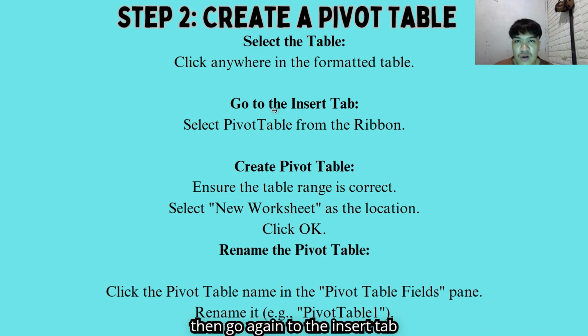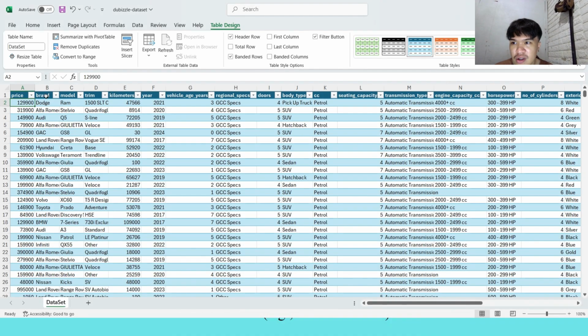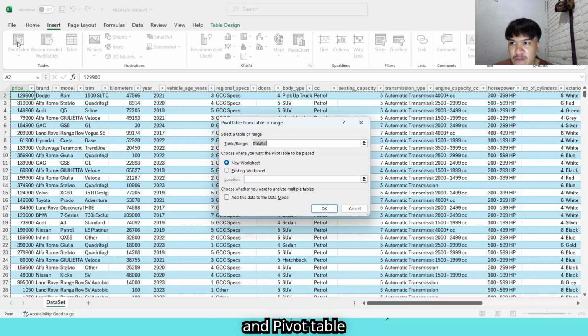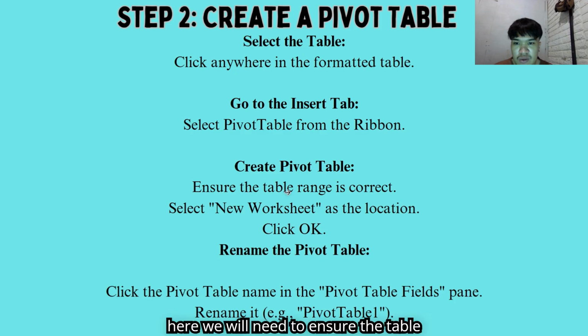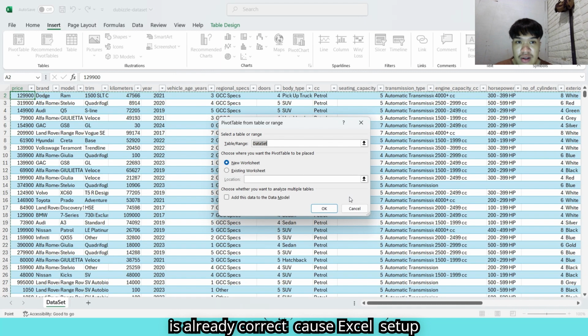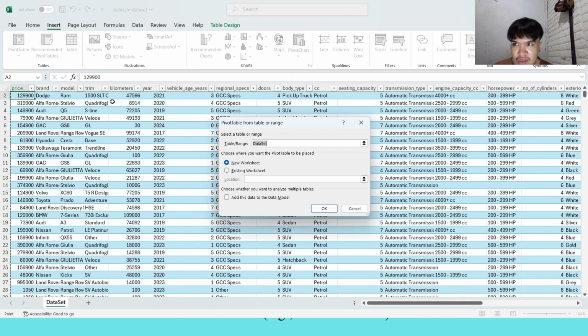And then go again to the Insert tab and select pivot table from the ribbon. So let's do that: Insert, and pivot table. Here again a dialog appears. It says we need to ensure the table range is correct. The table range is already correct because Excel set it up automatically after clicking the pivot table.